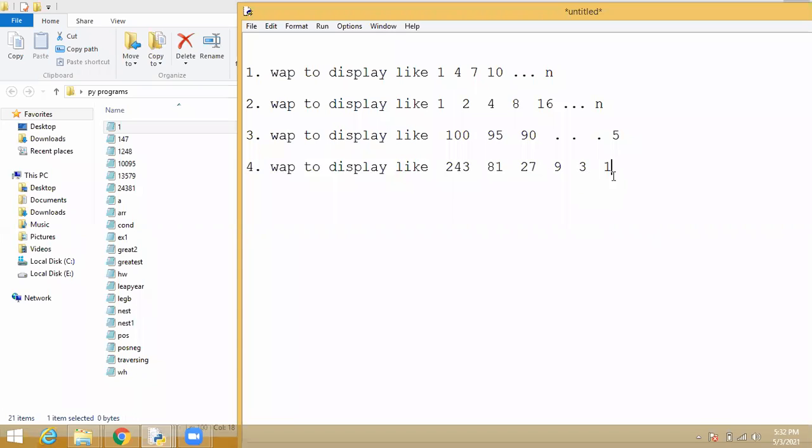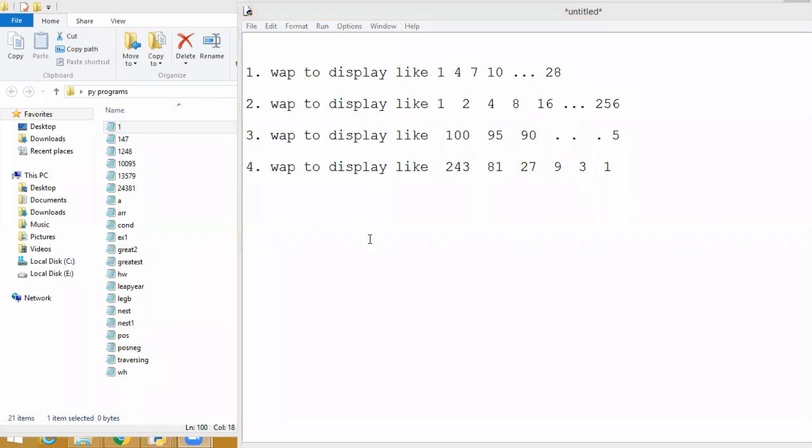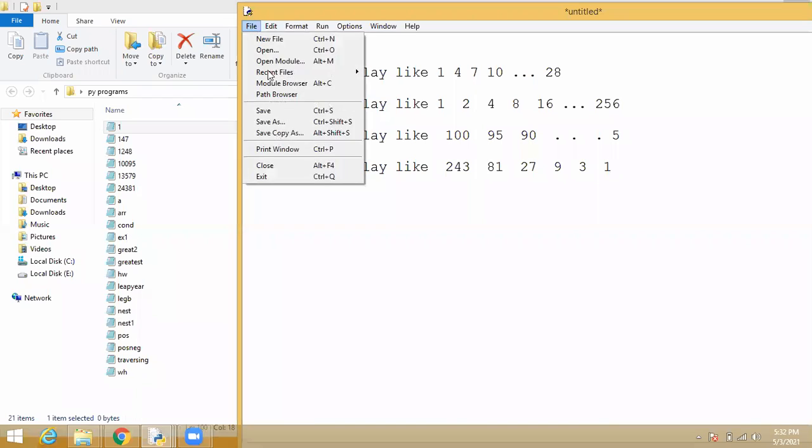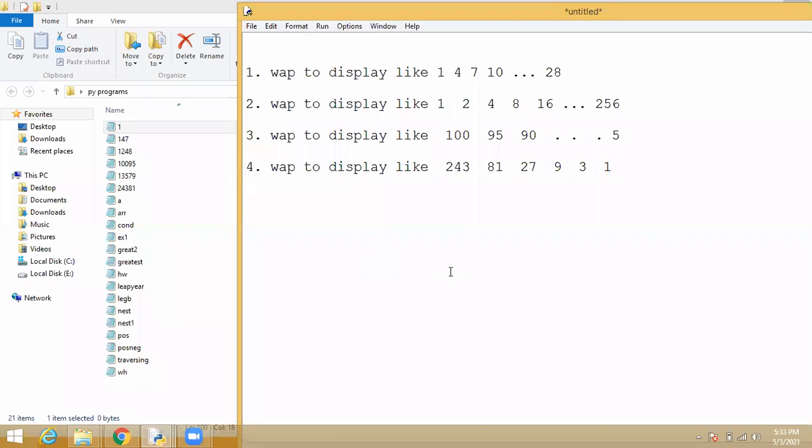Okay. So the second program, instead of n, you can use 256. And in the first program, you just show the output up to 28. Students, you just change the program. So you can use anything. Prasanna, you can use a tutor website or ideally software. You can use anything.